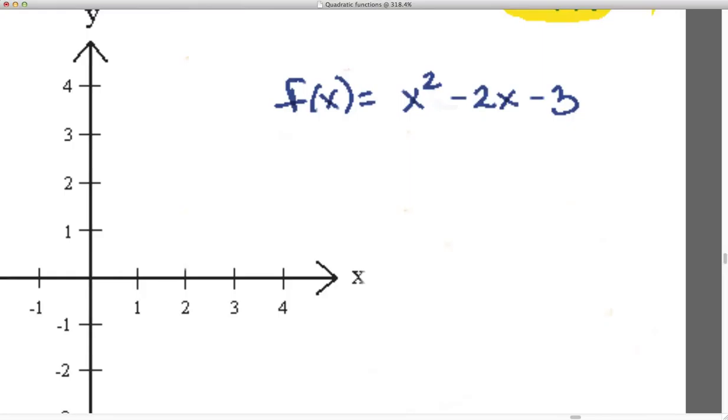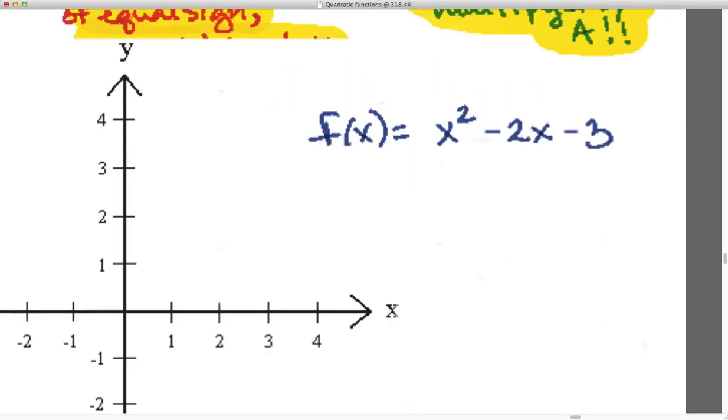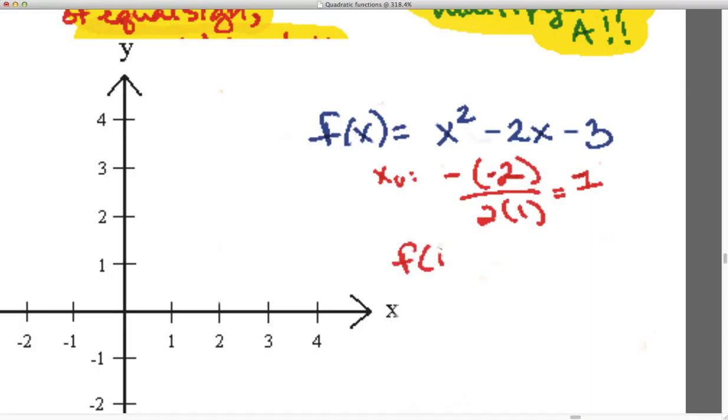So here's our function. We have a quadratic. So right away, you should take minus b, find the x value of your vertex, minus a negative 2 over 2 times 1. And when you do that, you're going to end up with a negative, give you a positive 1. When you plug that 1 value back into your original function,